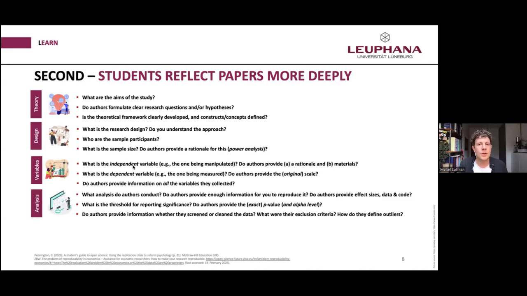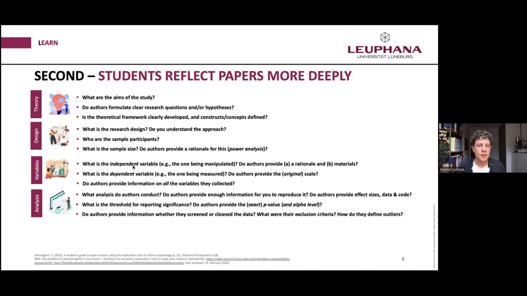Then also the significance level is quite important. So basically, do they adhere to the standard threshold level of significance of 0.05? Do they use another one? If so, do they provide again a rationale for that? Or do they provide exact p-values, or do they only provide threshold levels? For example, do they only state it was significant because it's under 0.05, or do they provide exact p-values, saying that the p-value equals